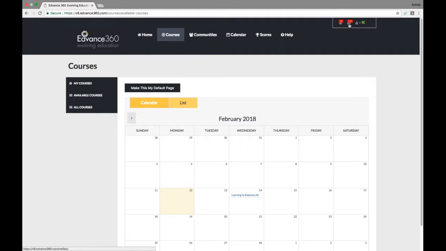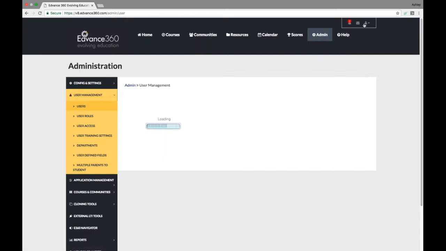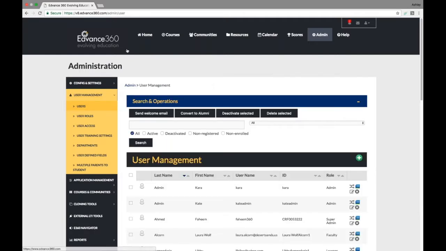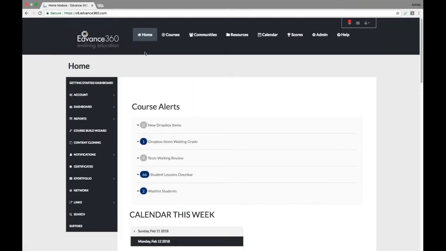now can be set up from the administrator or the course designer's perspective. So what I'd like to do is switch back to that perspective by selecting my switchback icon in the top right-hand corner. If I go to my home page, I happen to be both an administrator and a